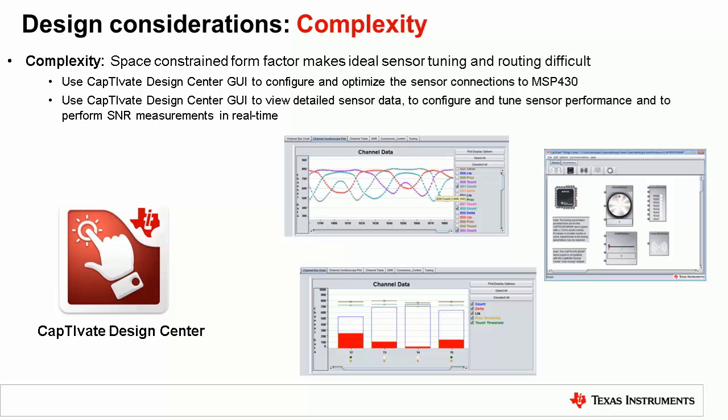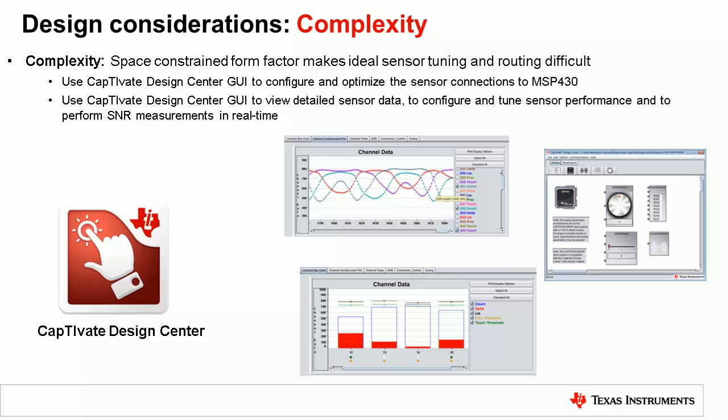Coming to the complexity of tuning a sensor, the constraints of small form factor design make ideal sensor tuning difficult. But the Captivate Design Center is specifically designed to help with live or real-time tuning of the sensor performance. It can be used to configure and optimize different connections to the sensor from the MCU.